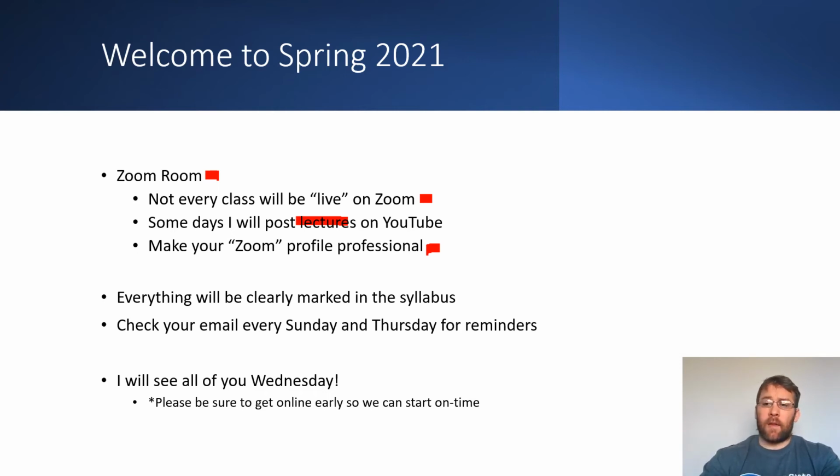All this means is that if you do have your cameras off, I know some people turn their cameras off because the internet connection lags if they have the cameras on. I had that problem last semester, so it's totally understandable. But if you do have your cameras off, please make sure that you have a professional or an appropriate picture of yourself up there, just so that I can look at a lot of faces as opposed to a whole bunch of black screens the whole time. It's very sad when that happens.